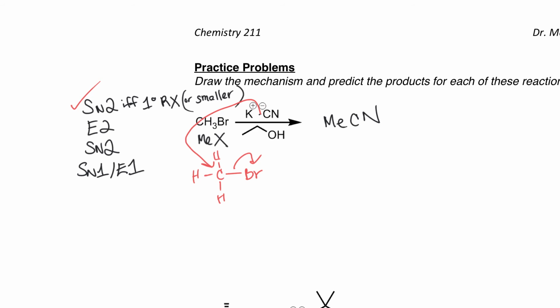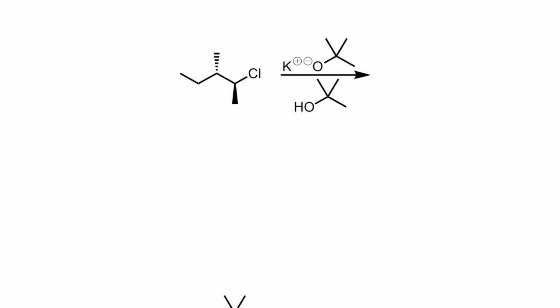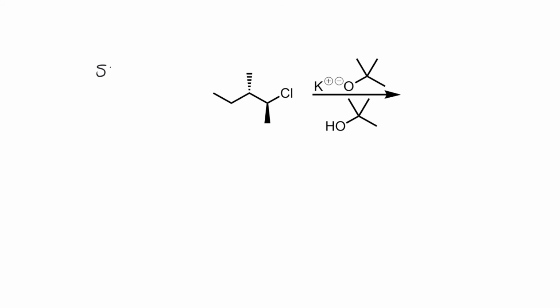Let's see if this will help us with a more complicated case. A lot more going on there, right? Let's make our cheat sheet again. A little checklist. SN2, if and only if primary Rx. Then we try an E2. We have to know all the criteria for these things for this little cheat sheet to work. So it takes some studying to get here, but it's a shorter way than an entire page of a flowchart, right? Okay. SN2, if and only if primary alkyl halide. Let's look at what we got. Oh, here's our substrate. I would not describe that as a primary carbon that it's on. Definitely secondary.